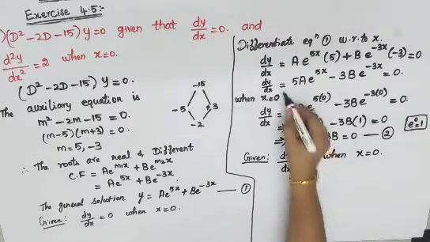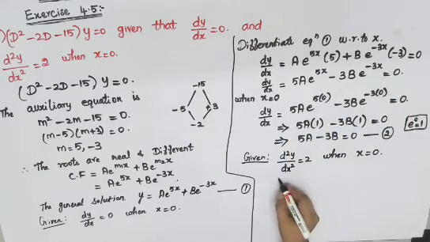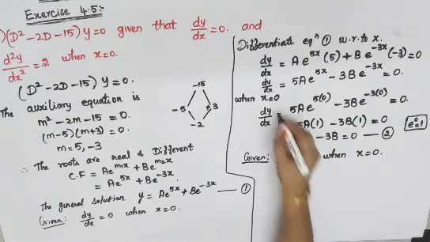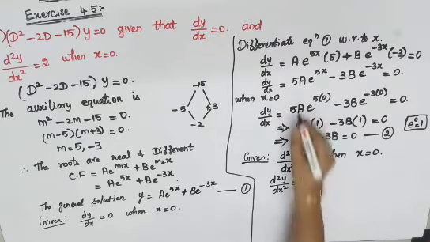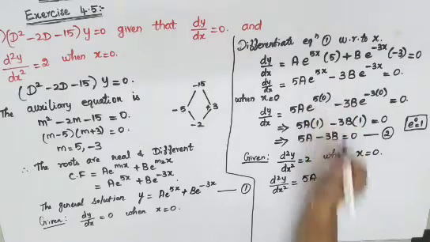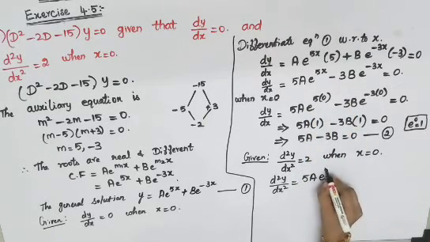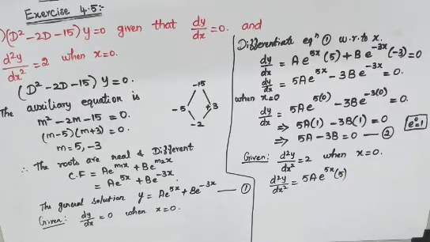Okay. So this line, that is the answer for dy by dx, has to be differentiated one more time to get your d square y by dx square. So I'll just differentiate it. d square y by dx square is equal to this 5a will be there as it is. Again e power 5x is there. So e power 5x into 5. So this is your differential for your e power 5x.